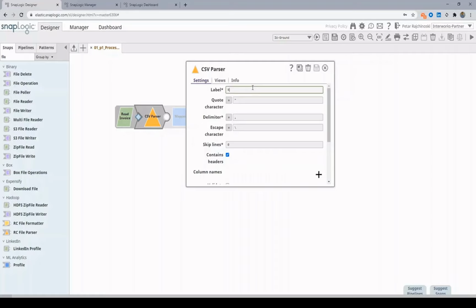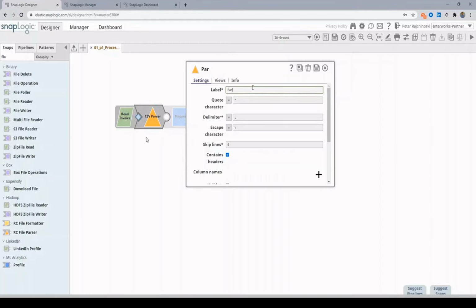Exactly. The prediction is based on the data collected and stored from the SnapLogic platform, and it works on an artificial intelligence model, and that's how it provides the suggestions. It also provides full pipeline suggestions at some point if you use the suggest pipeline feature.